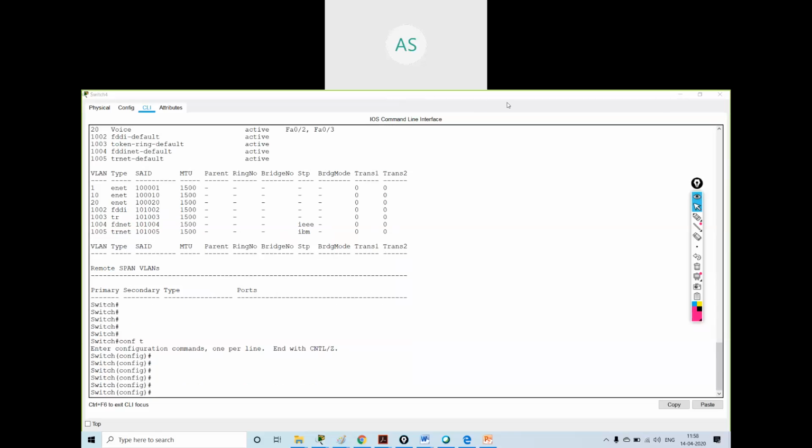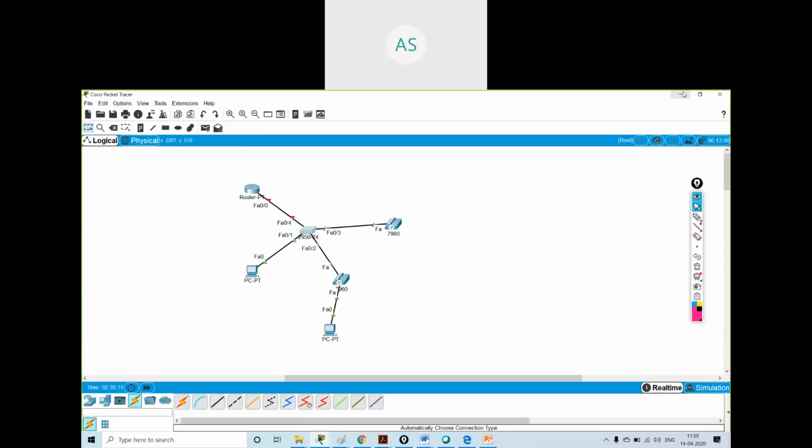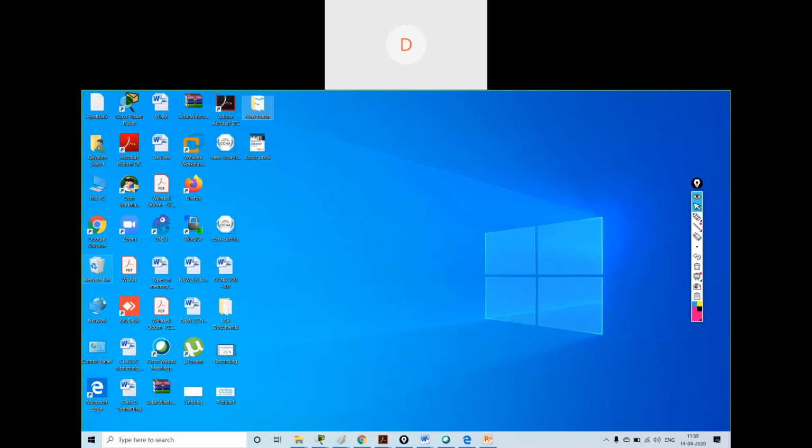Okay. So someone has sent a chat: try GNS3. No, GNS3, I think it's GNS3. I'm just thinking maybe because Packet Tracer, the features are sometimes on and off.